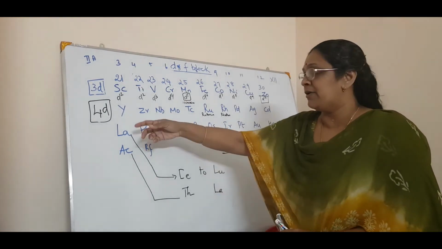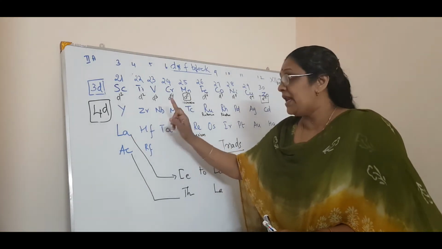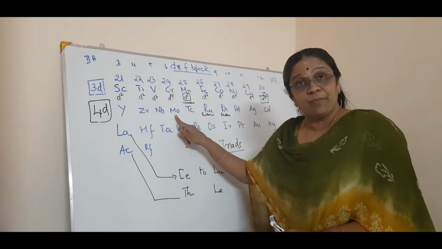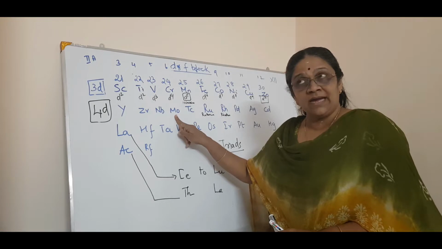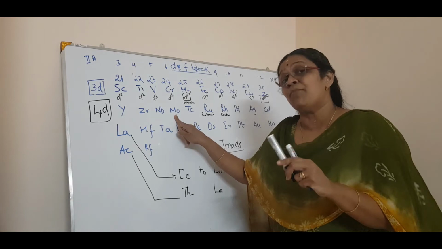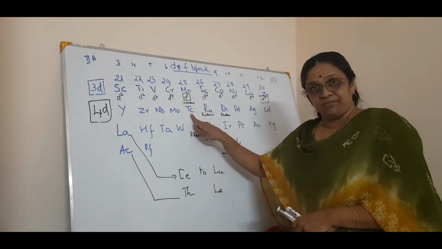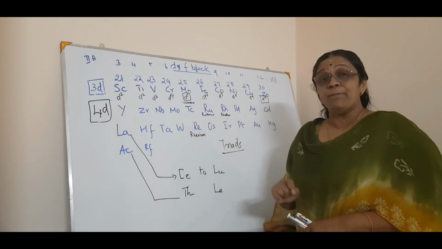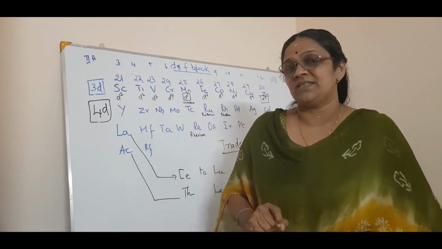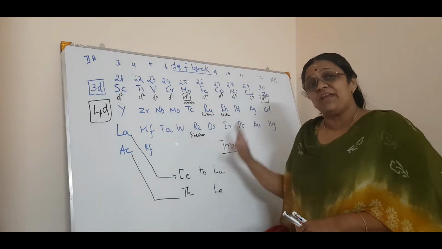I will read out yttrium, zirconium, niobium, molybdenum. Molybdenum you have heard of in the Haber process, isn't it? In nitrogen plus hydrogen giving ammonia. First iron was used as a catalyst and molybdenum as a promoter. So you know molybdenum. Then this is technetium. Technetium is of importance in that it is the first man-made element. The first man-made element. In entrance exams, the D block is very, very important.